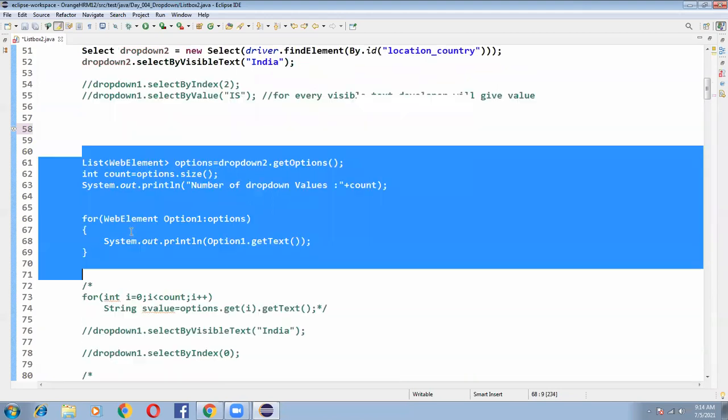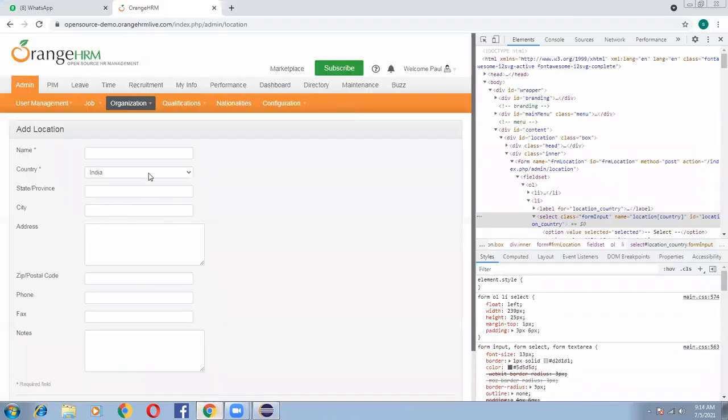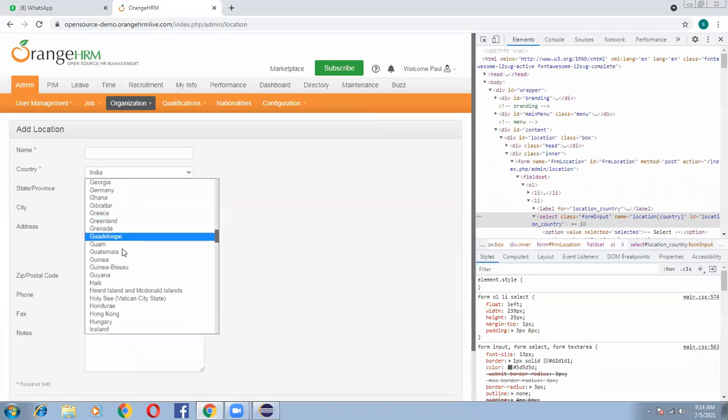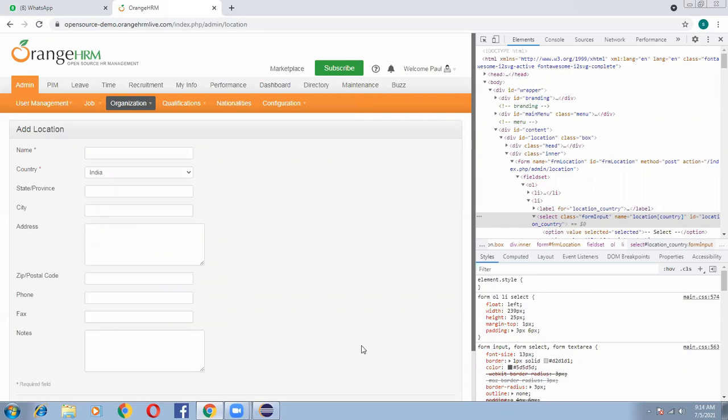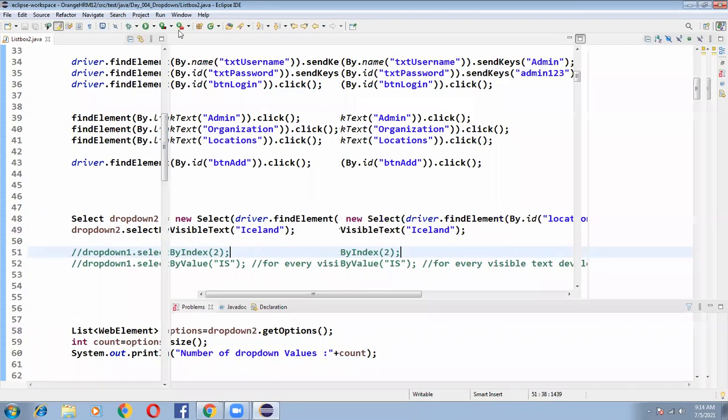Just wait for some time. Let's see whether the India value has been selected, or we will select some other value. I want to select Iceland. Okay, right. Let me run my program.